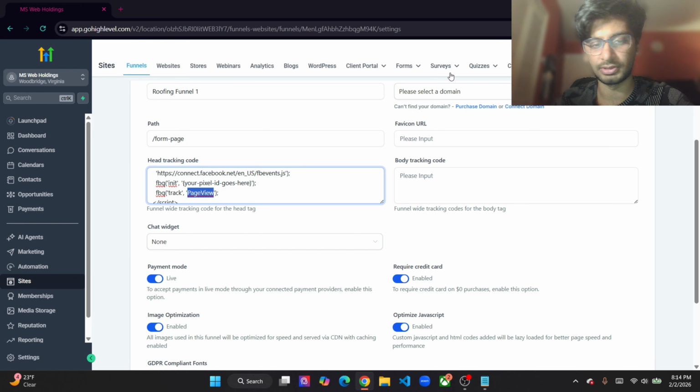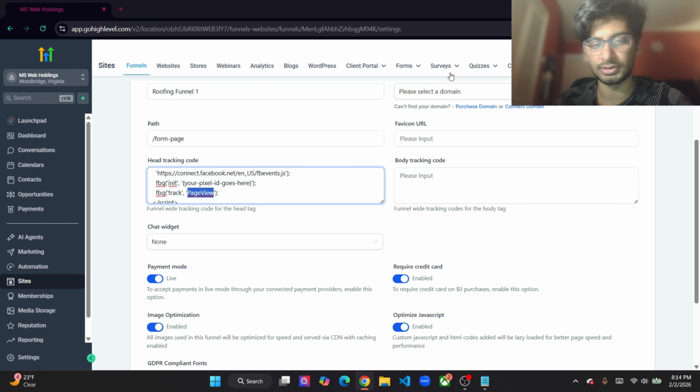There's different pixel options for specific actions. So if you're taking someone to a checkout page, Meta pixel options, you can use the add to cart or purchase pixel, right? Purchase. If you're trying to get someone to book a call, you can do the initiate checkout pixel, because that tells someone, okay, they're on the opt-in page. Let's see if they actually opt in, right? So at different pages, for example,